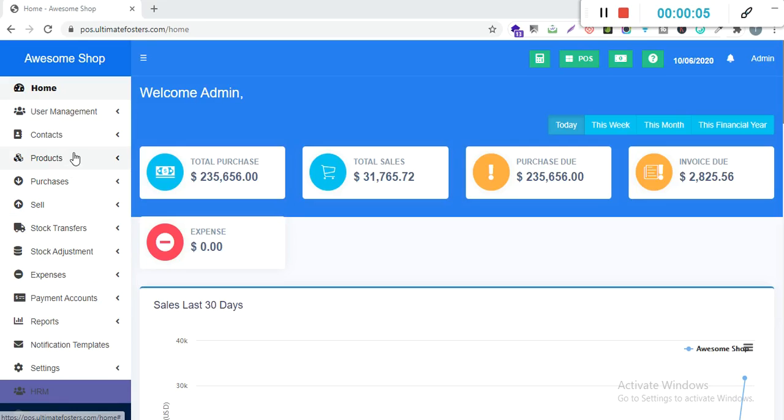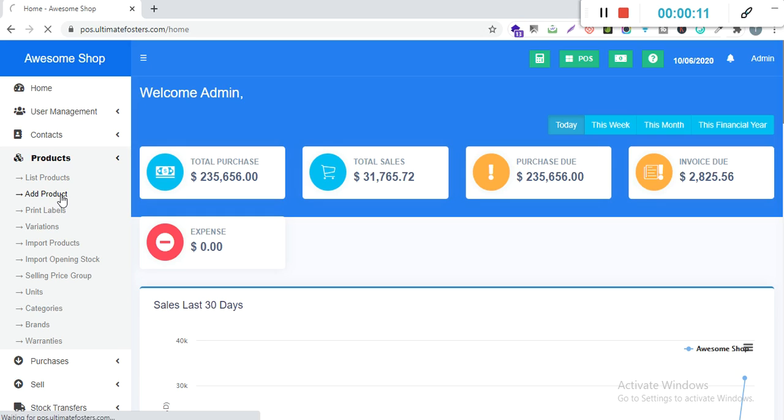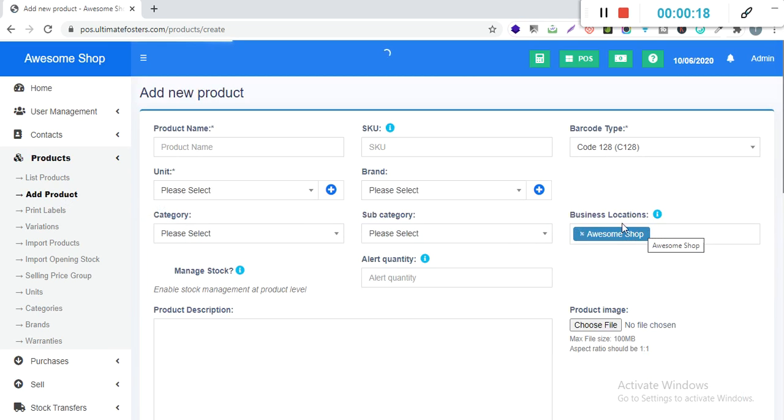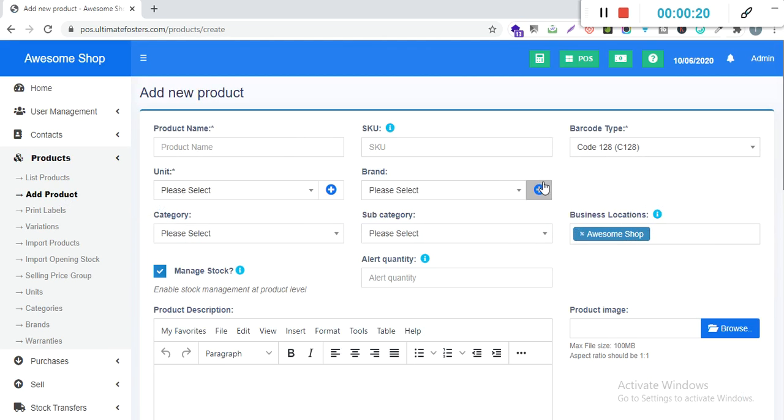In today's demo, we will look into assigning products to a particular location. So if you go into the products, inside that we have add products. In the add products, we have an option to select different locations where this particular product is available. So suppose you are adding any of the product here,